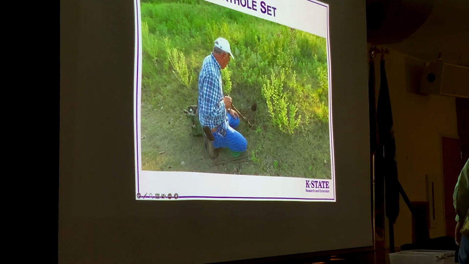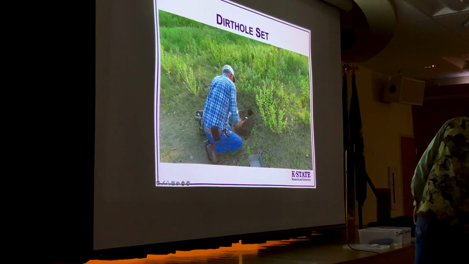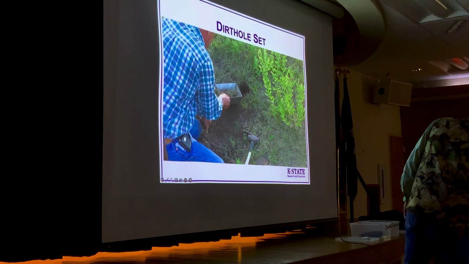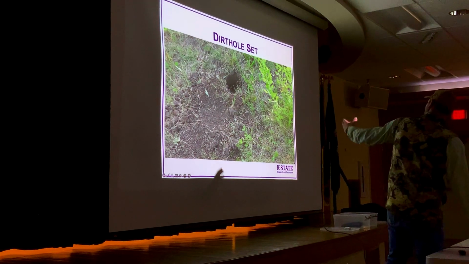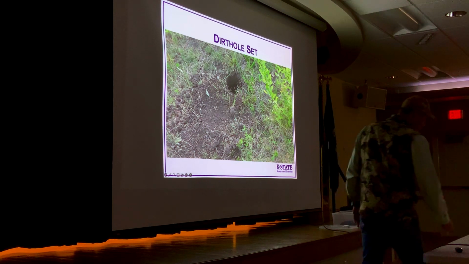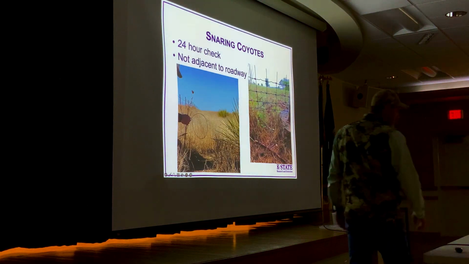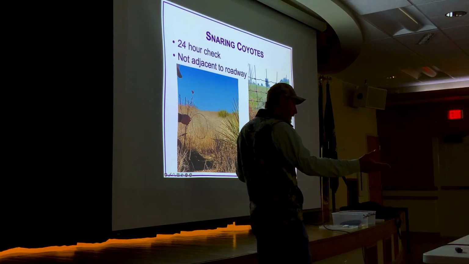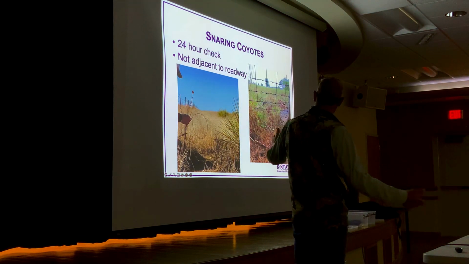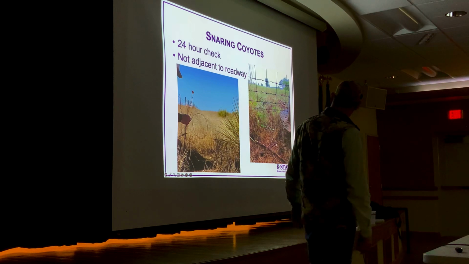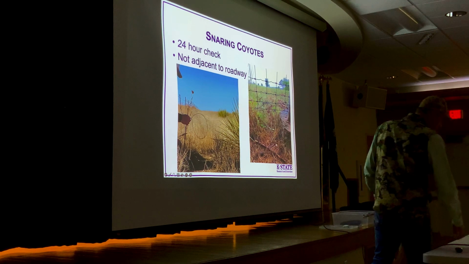Alright, so I'm going to skip over the part about how to trap. We don't just set traps on the ground, we typically dig a hole, bed a trap under the soil in front of that hole, put some attractors down into it. If we're snaring, it's important to remember that just because they're supposed to be lethal, you can't just put them out there and let them work. You still have to check them every day, just like you do traps. You can set them in trails, you can set them in crawl unders, especially if you got woven wire fence.